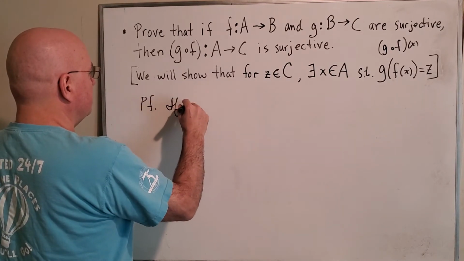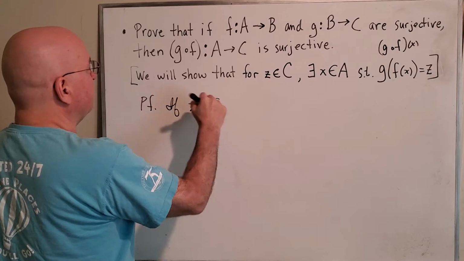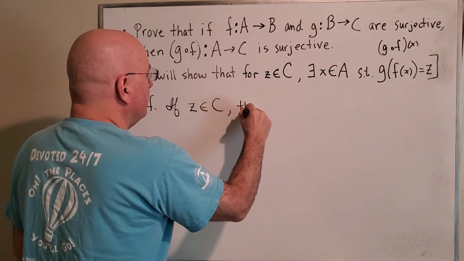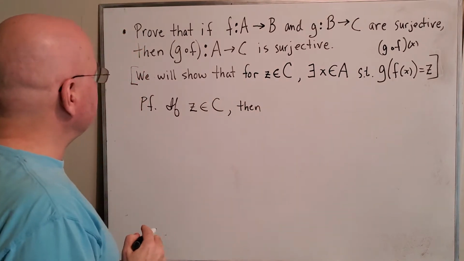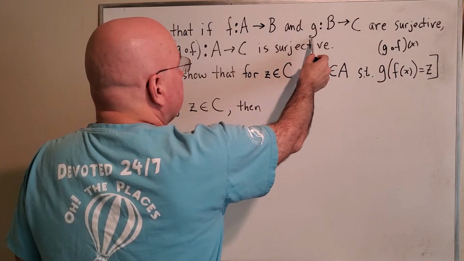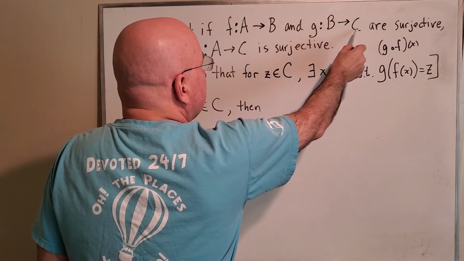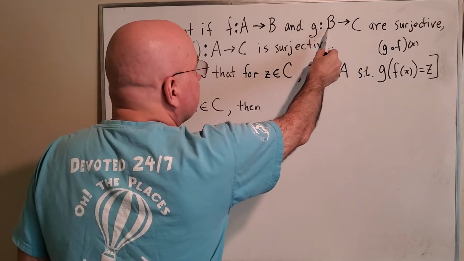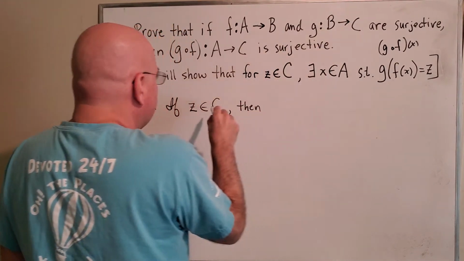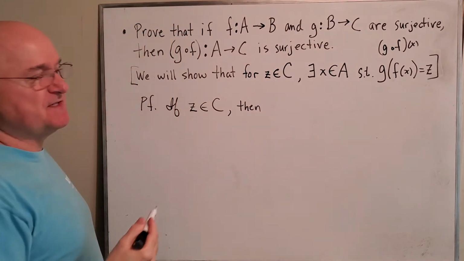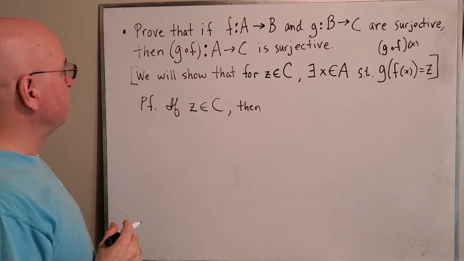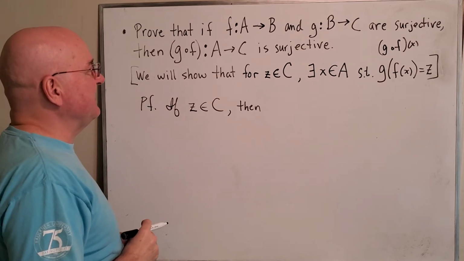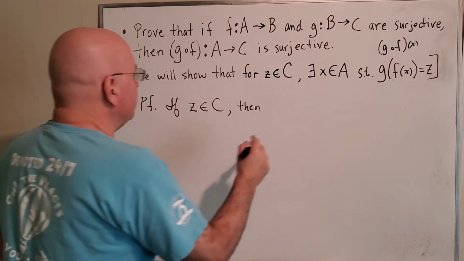If Z is an element of this set right here, well, do we know anything about that? Well, we do. Notice that G goes from B into C, and it is surjective. Therefore, there's a B, little b, in big B, that maps to this Z in C. I could have used a little c here if I wanted to, but that's too late. I'll keep going. Then,